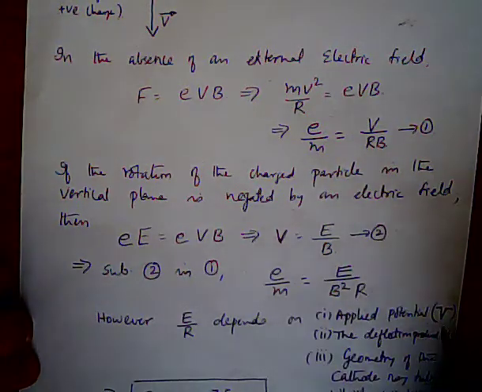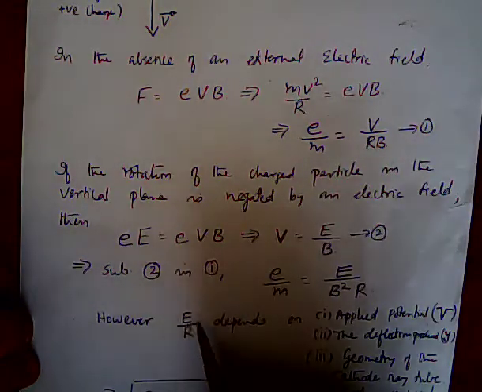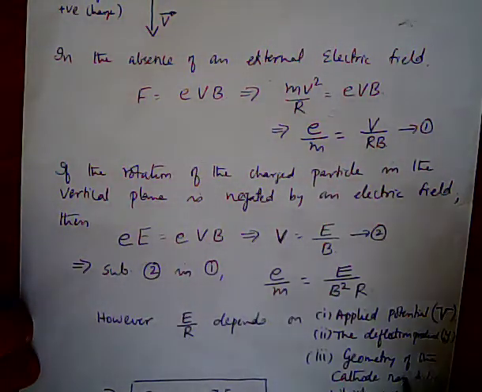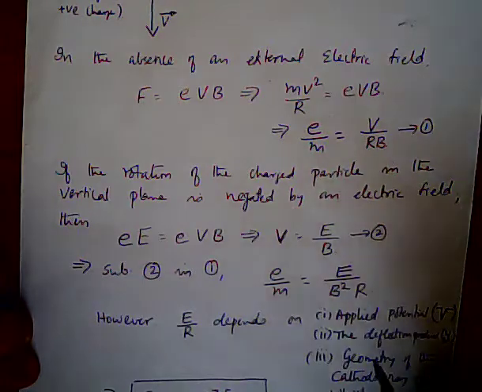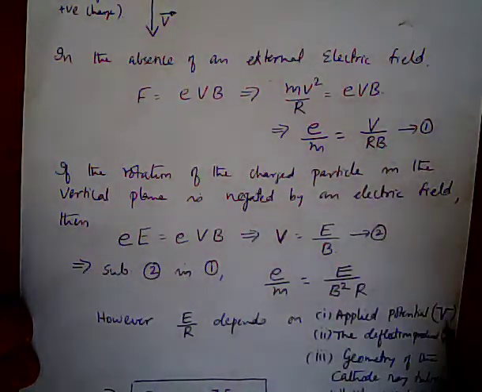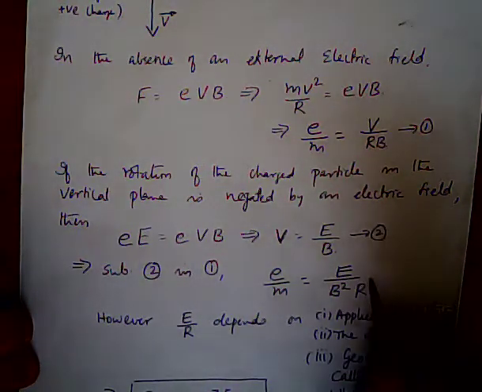So there are three quantities on which e by r depends: V, Y and the geometry. If these are plugged into this expression, which I now call equation 3,